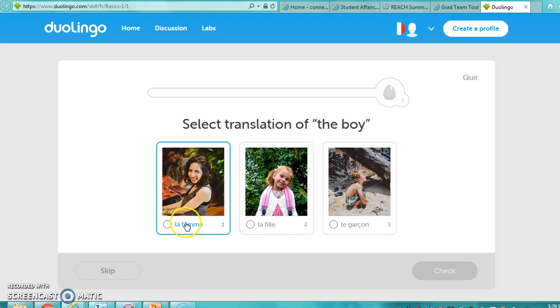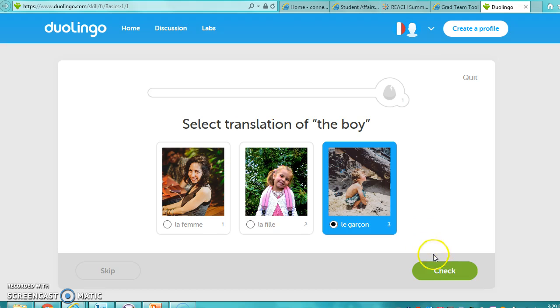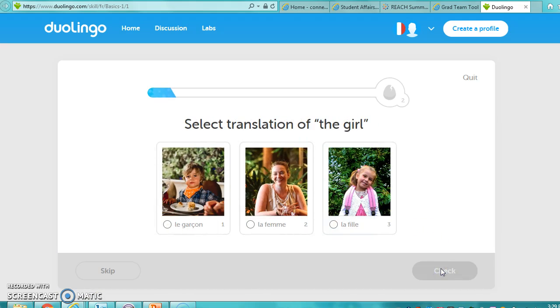So instead of just looking at the word, which is really small, you're looking at the pictures to guide your decisions. So clearly you see two women here and it could be deciphered any different type of way, but you see a boy. So naturally you're going to say, hey, let me pick boy. You can check your answer. They tell you you're correct, which is great. And a girl goes on from there, but it's an easy software that goes along with the student based on where they are. But the instructor also can join and create a profile for this, which seems really simple.